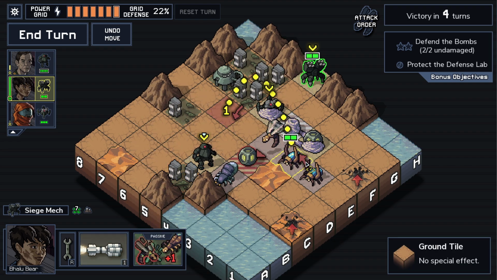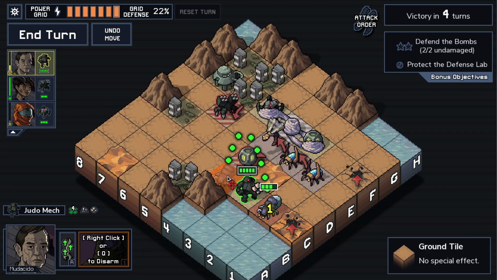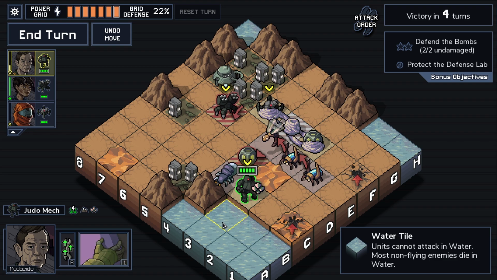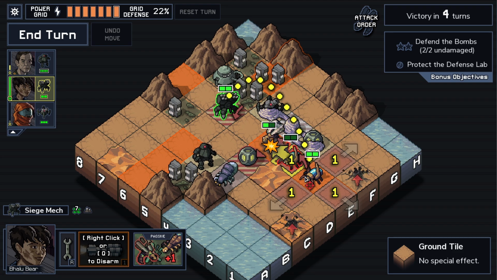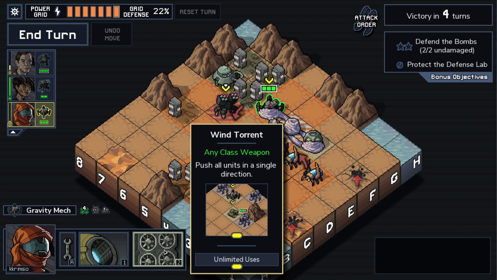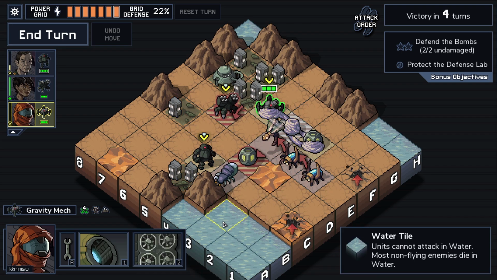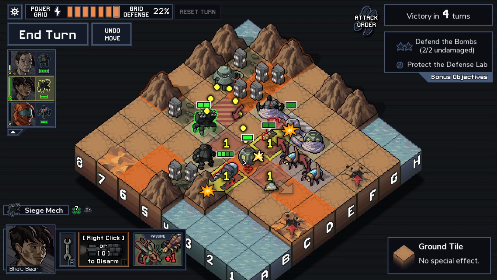I do like this. Kills the hornet. I like the idea of flipping you and then pushing everyone down so that the spider gets killed. Because I really want to murder that spider. Well, we're webbed. At least we can still use wind torrent, so even though we're webbed, we can still move. If you attack here...